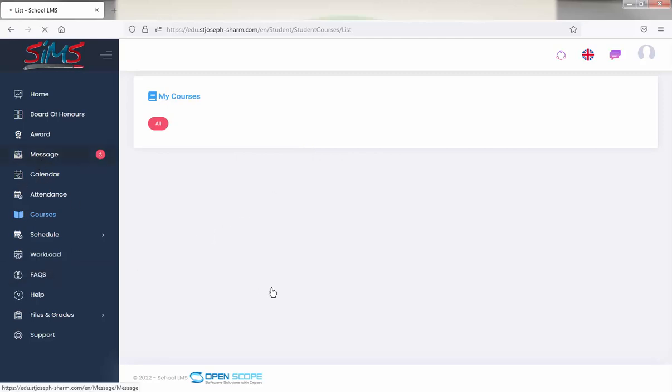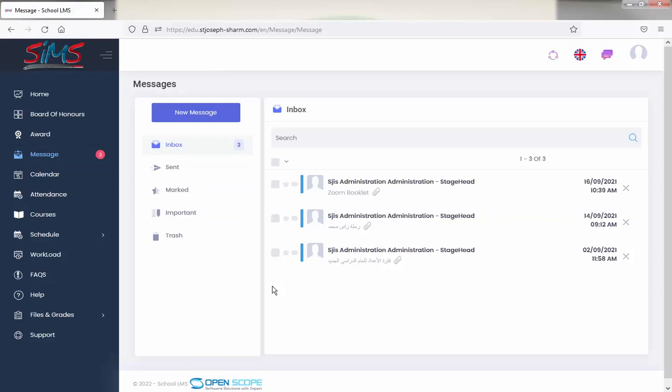And then we will have messages. It's the same thing. By the way, most of the messages are sent to both parents and students, so that's why we can sometimes find the same messages. Most of the messages in the school are sent to the parents and the students, because in case the students are not able to see it, the parents